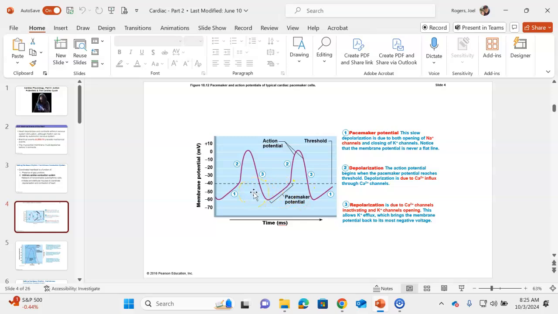Now, what I want you to appreciate here in the big picture is what's involved. What I mean by that is what ions are involved. We've got sodium and calcium coming into the cell, potassium leaving the cell. Now, big picture, could this process, could an individual action potential, therefore could one individual heartbeat